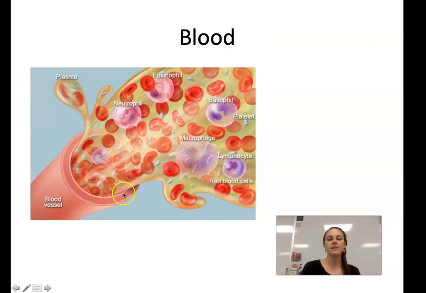Blood is obviously the fluid that flows through these blood vessels and through the heart. And usually you see blood as red. The reason you see this as like a yellowish straw color is because that's the plasma. And then these red things are the red blood cells, and these purple looking things are the white blood cells. And these little blue things are called platelets. So we're going to talk about what each of these